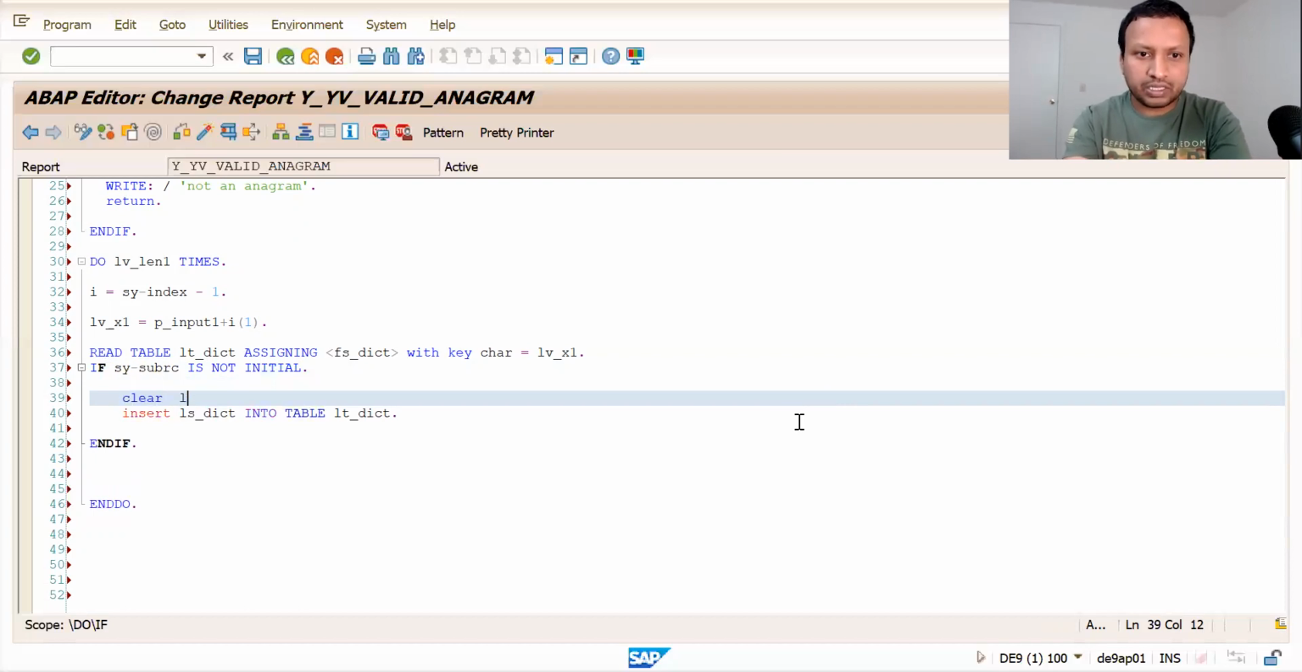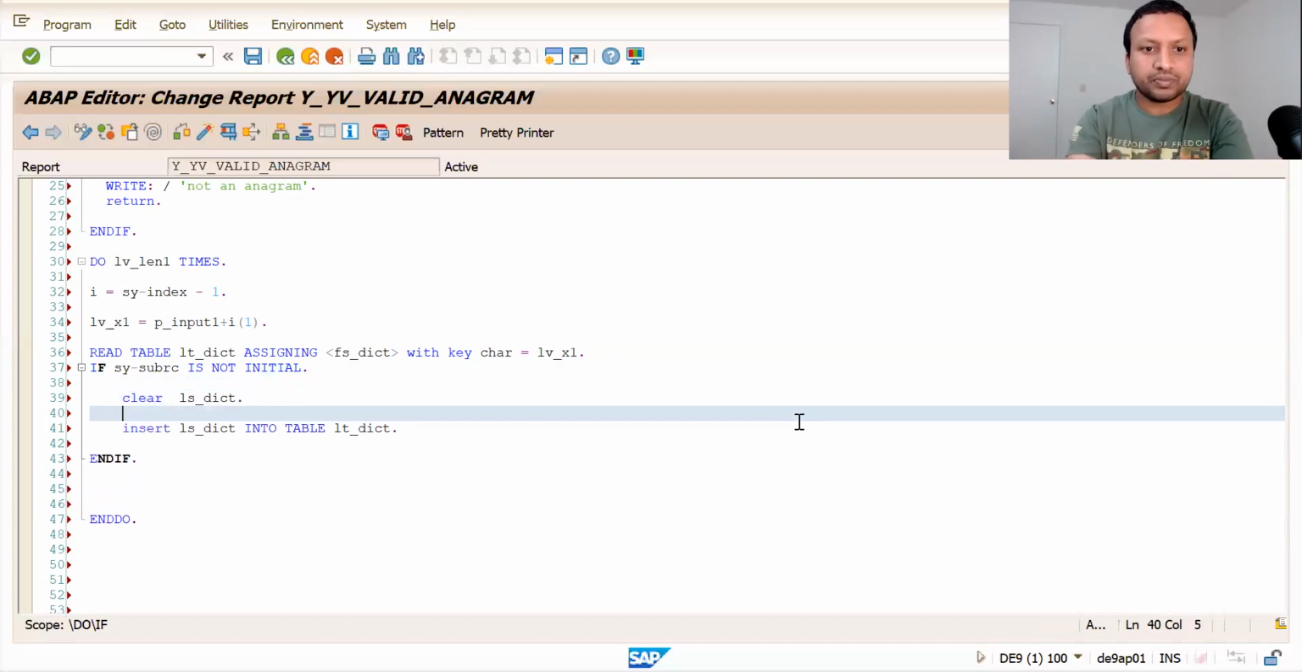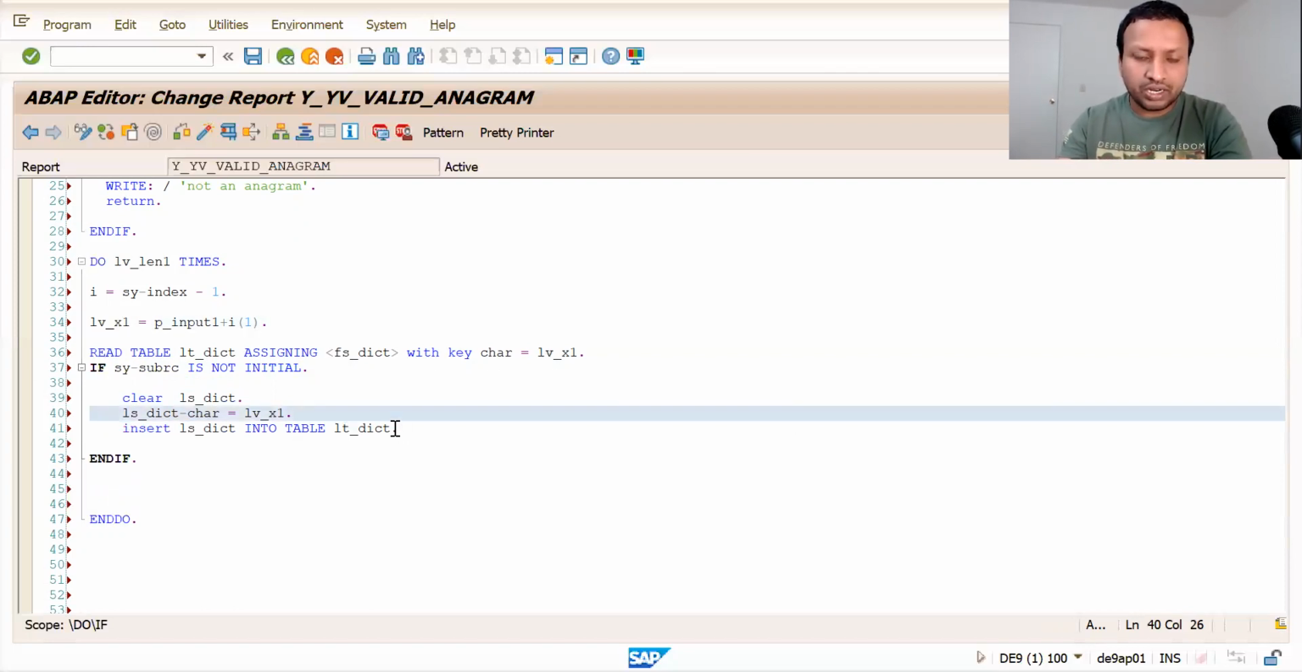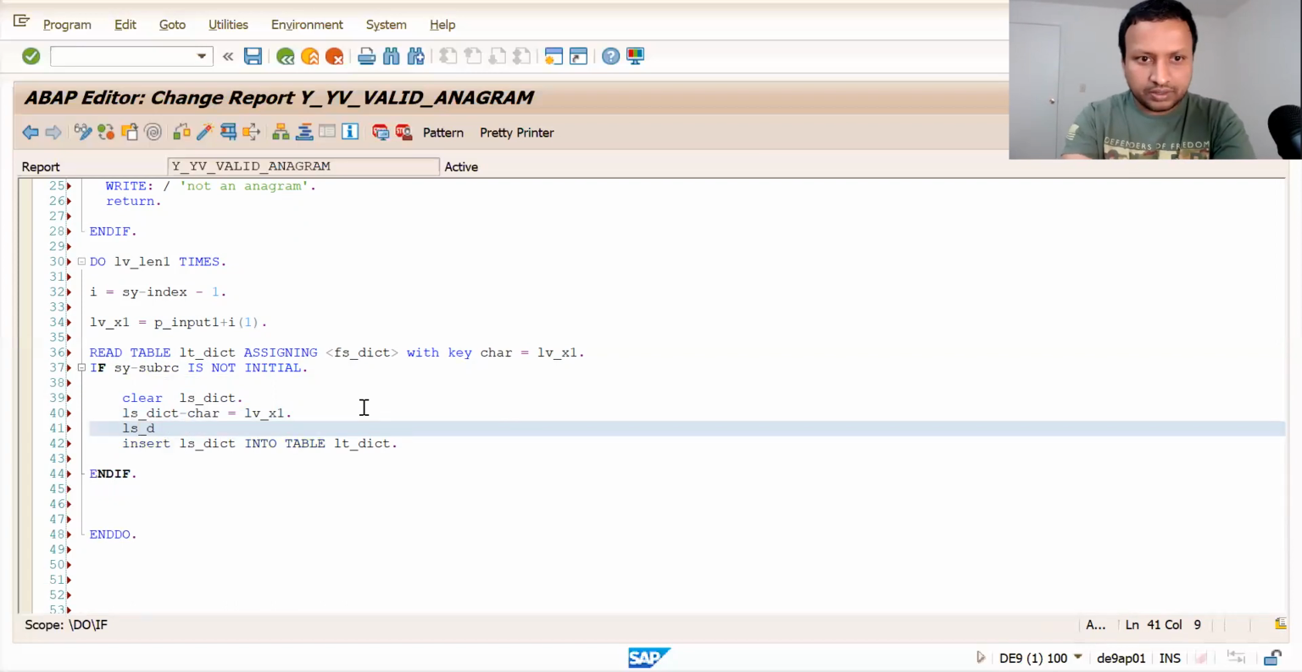So before I insert, I need to fill the values into this ls_dictionary. Let me clear the ls_dictionary. ls_dict-char equal to lb_x1. So this lb_x1 is what I am trying to find in this dictionary. If it is not there, I'm just filling this with lb_x1 and then entering it. Hyphen value equal to